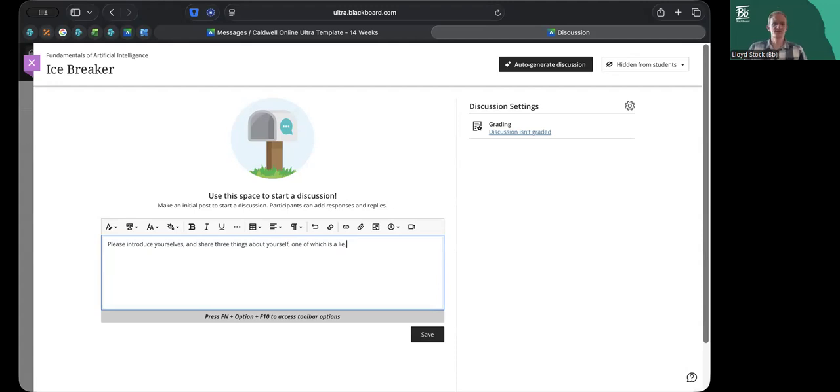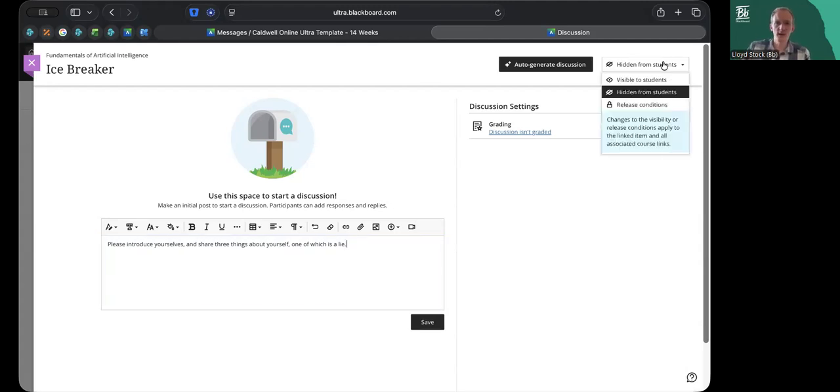And then I put more instructions in here to guide the discussion accordingly. On the top right, we have this drop down that allows me to choose whether this is visible yet to students. And by default, things will always be hidden, which is kind of the default you want. Or to Joe's point earlier, you have the ability to delay this visibility by a certain date, or by some other criteria. Maybe they need to complete the module 1 quiz before they can conduct the module 2 discussion, things